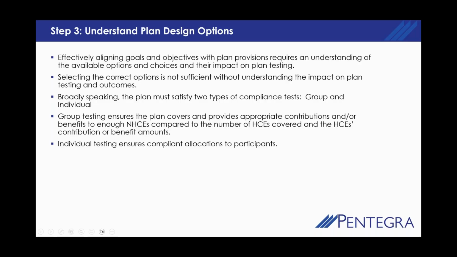And this is where sometimes we have a plan, let's think about a typical 401k plan, where we're passing on the group level, but when we get down to the individual level, the plan has failed that ADP testing, so the highly compensated can't keep in the plan what they've deferred. They have to take some of it back. There's a passage at the group level, but a failure at the individual level. We want to make sure we're passing on both levels.